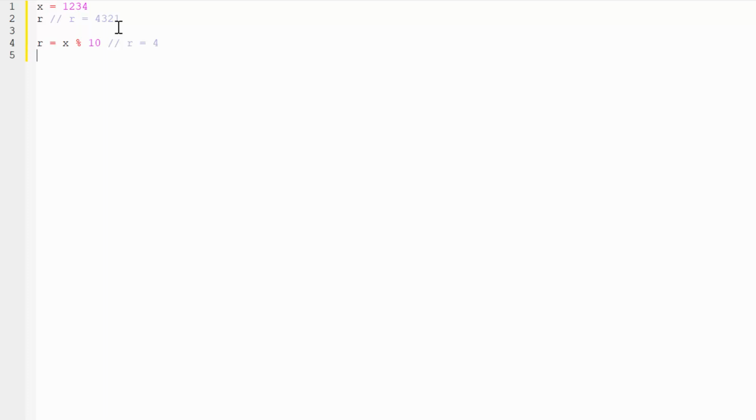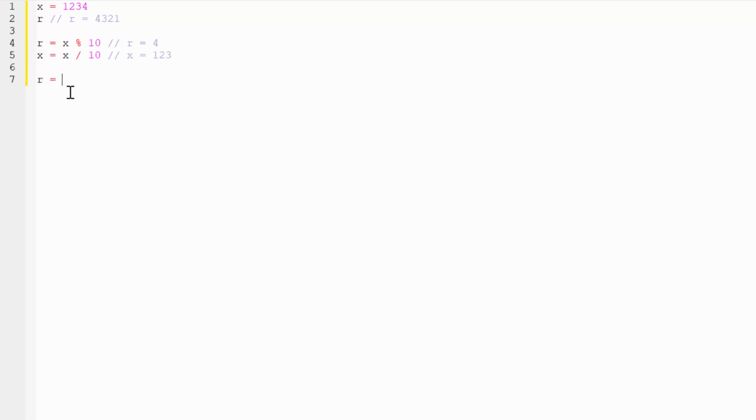And since now I don't need the last digit of x, I want now to target our second from the end digit, 3. I'm going to divide x by 10, and after this manipulation, x is equal to 123. Okay, now I want to take digit 3 from x and put it to r.